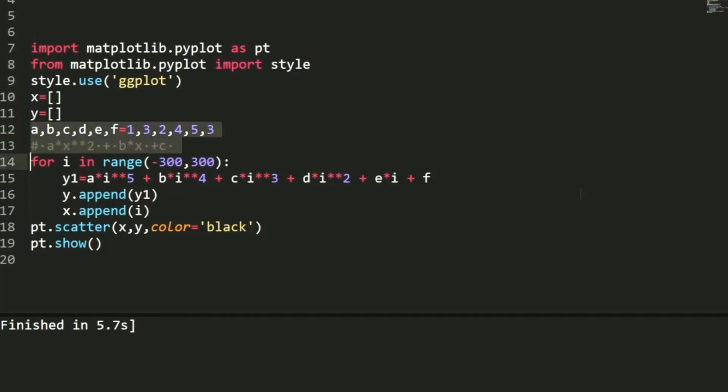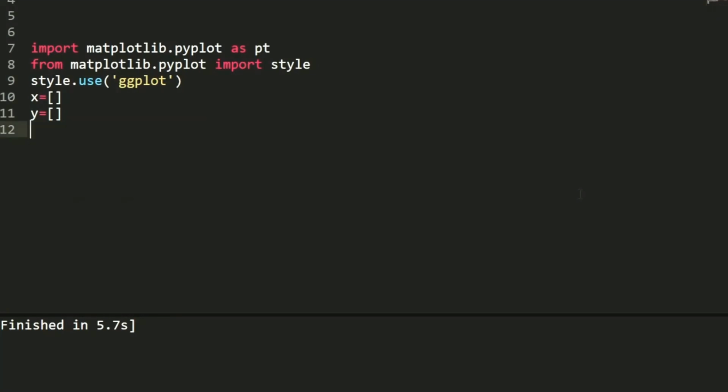So again, x and y are all the same. What we need to do is set a range. First, let's talk about the logarithm curve. So the range of i is 1 to 300 or 1 to 400. Why am I not taking 0? Because we know the value of logarithm of 0 is infinity.